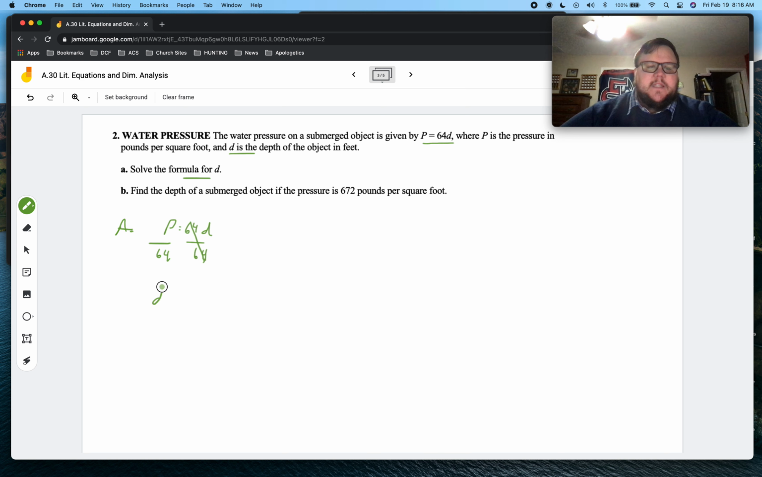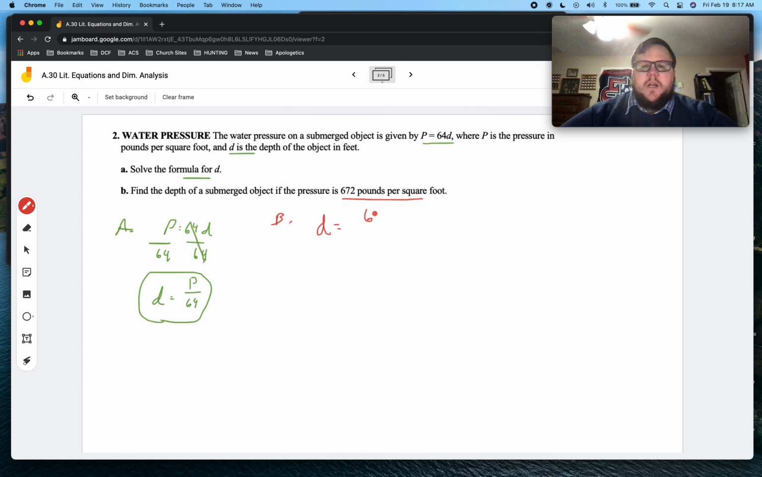So I get D equals P for pressure over 64. And that's my answer to part A. Part B. Find the depth of the submerged object if the pressure is 672 pounds per square foot. So I have D